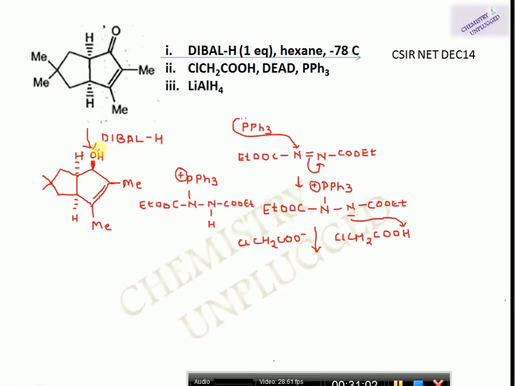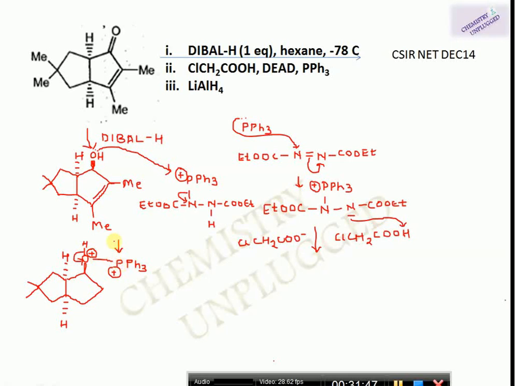So it will attack on this positively charged phosphorus. Then we have positive charge on oxygen and this bond is shifted here. I am showing it in the first step that this bond will shift here. Nitrogen has a negative charge. Now this hydrogen will attack on this negatively charged nitrogen, and we have now in the